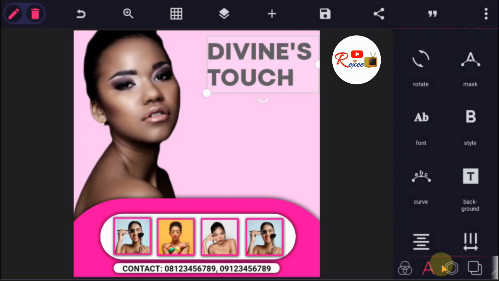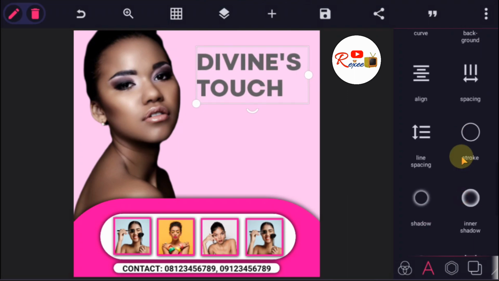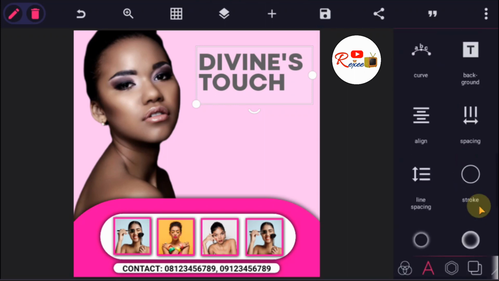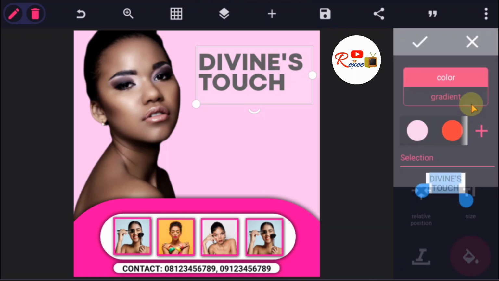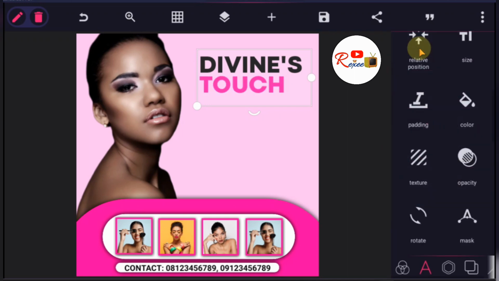I'll be picking this font because it's a bolder font. Then go to line spacing and I'll be reducing the line spacing up to this point. Also go to color and select the desired color you want to use for this. I'll be selecting this black color, then highlight this touch and use the same pink I've been using here. All right,